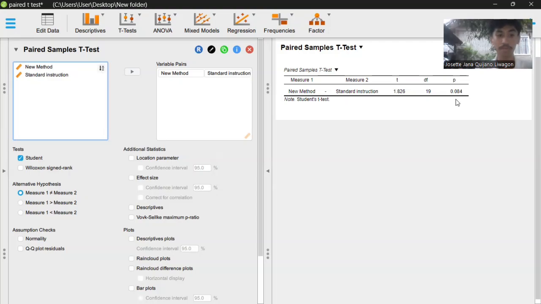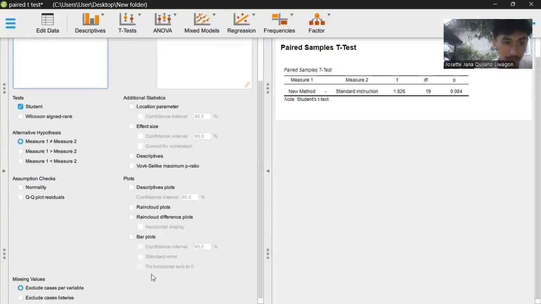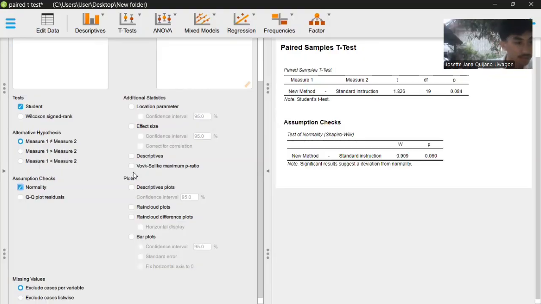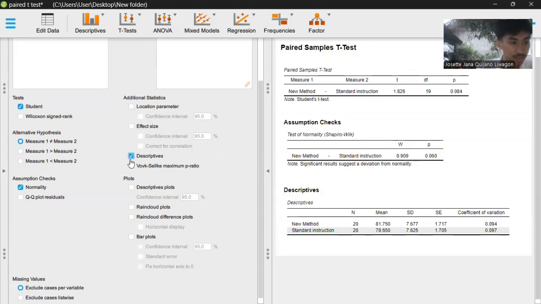But then again, always remember, students, that aside from clicking the paired sample t-test, we're also going to check for the assumption check, which is the test of normality, in our descriptive statistics, and we need all this data in order for us to make an assumption, a decision, an interpretation, and a